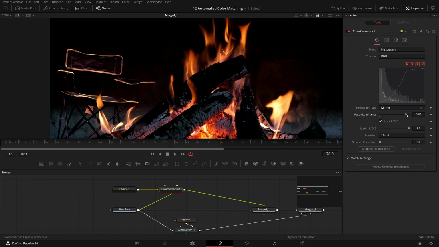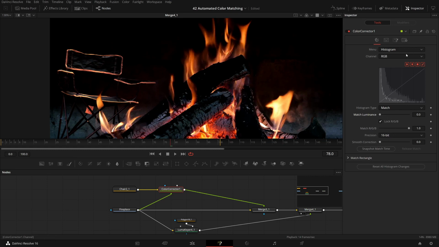And now if I do luminance matching, you see there's a different luminance curve here coming into it. And you see it's now first trying to match the luminance, and thereby the whole image looks slightly different. I think the RGB match looks a bit better to me. It seems like if doing the luminance first, then the color matching also changes the tone a little bit, but you can experiment with this.